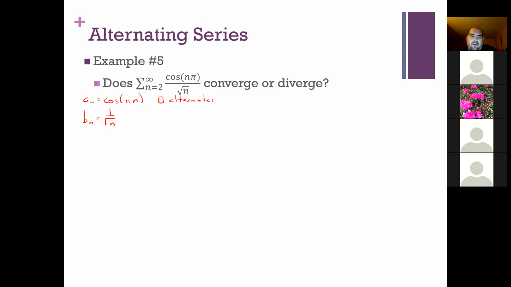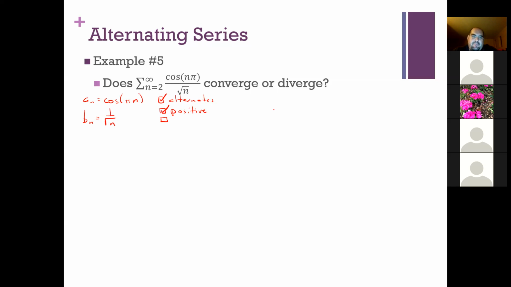Really think about what cosine does at multiples of pi. Cosine of 2 pi is +1. Cosine of 3 pi is -1. It'll alternate indefinitely like that. By far, the more common way to show alternation is -1 to some power, but this definitely works too. So we got the alternating part. What else do we need to show? That it's positive. Okay, and is it? Yeah. Absolutely.